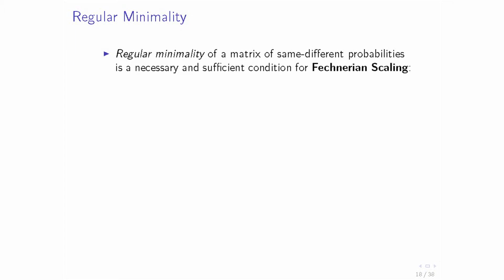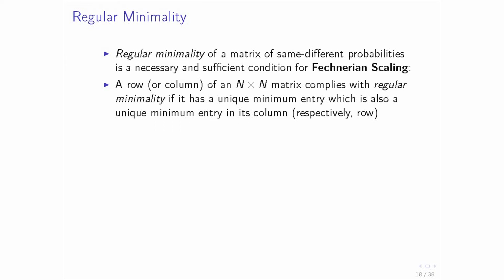What do we need in order to be able to do this computation? What is the condition for doing that? And actually it turns out that there is just a single necessary and sufficient condition in order to compute a Fechnerian distance on any set of same-different probabilities, which is called regular minimality. And we say that an n by n matrix, or a row or a column of an n by n matrix, complies with regular minimality if it has a unique minimum entry, which is also the unique minimum